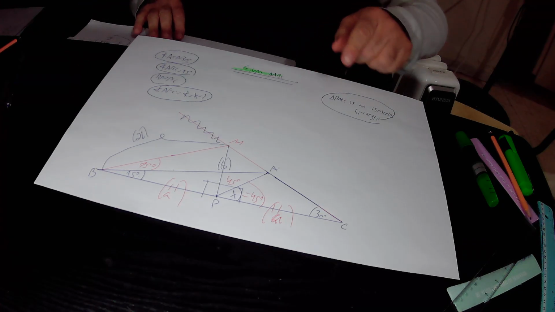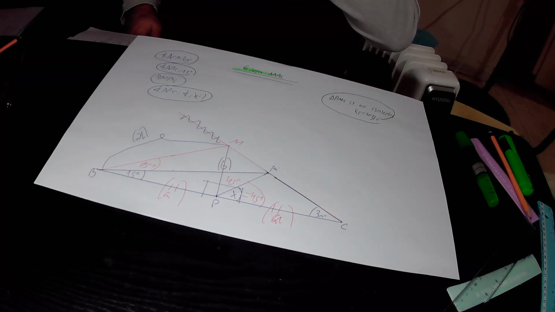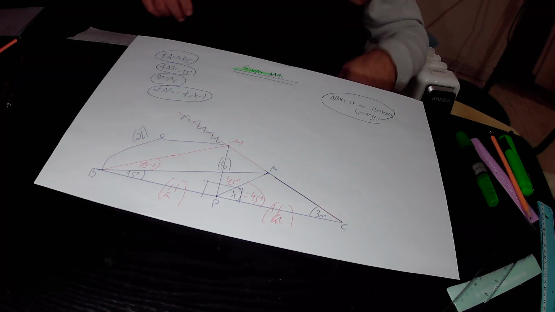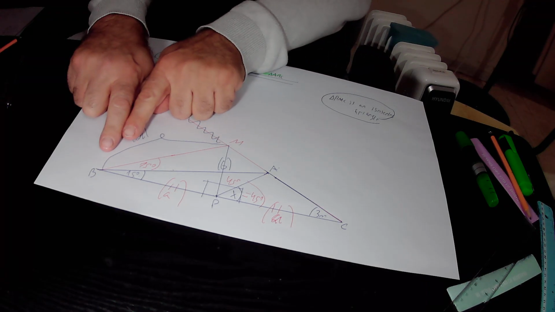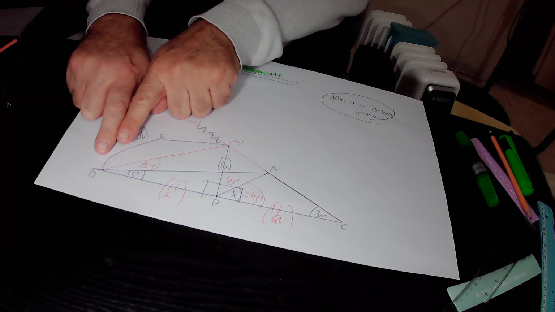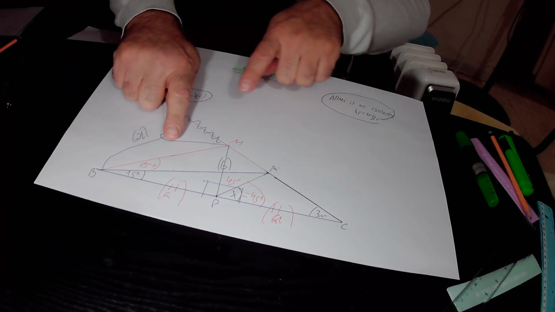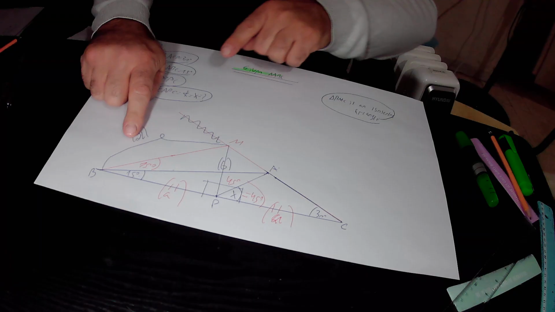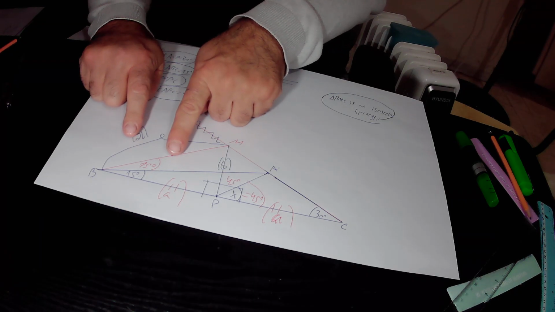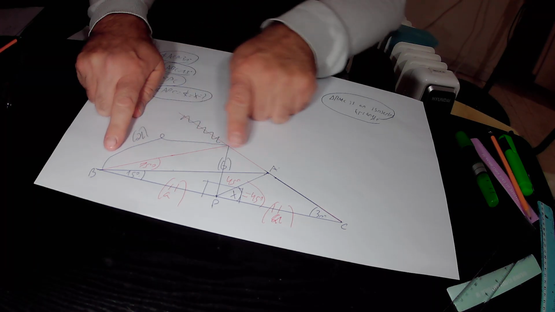The next step, we extended side CA by side 9, and then we constructed an angle of 15 degrees with one leg of the angle being BA, and the second leg making 15 degrees with the leg BA. So this angle equals 15 degrees in size according to our construction. We just constructed an angle of 15 degrees with the leg BA,